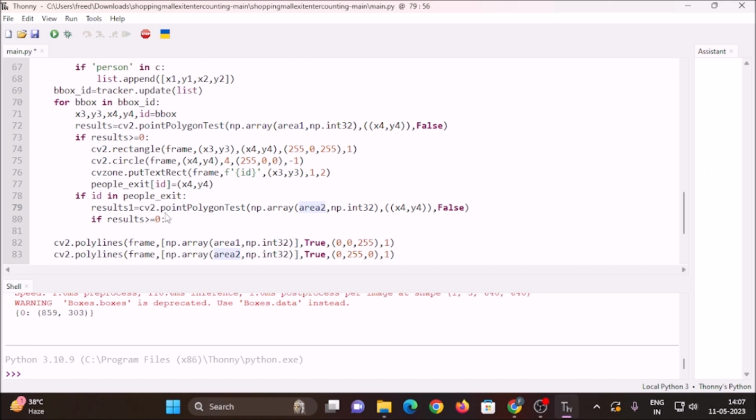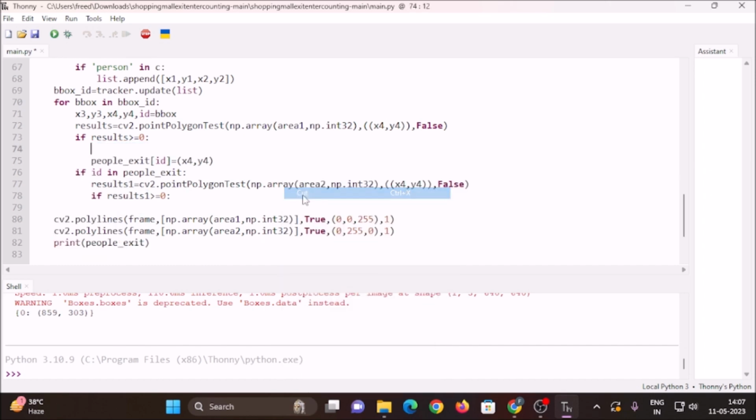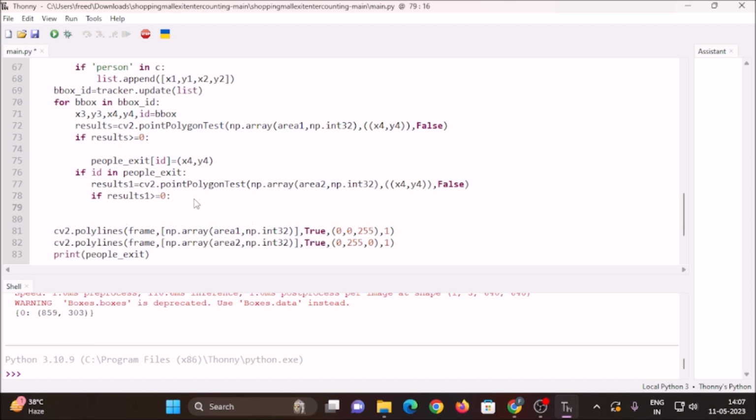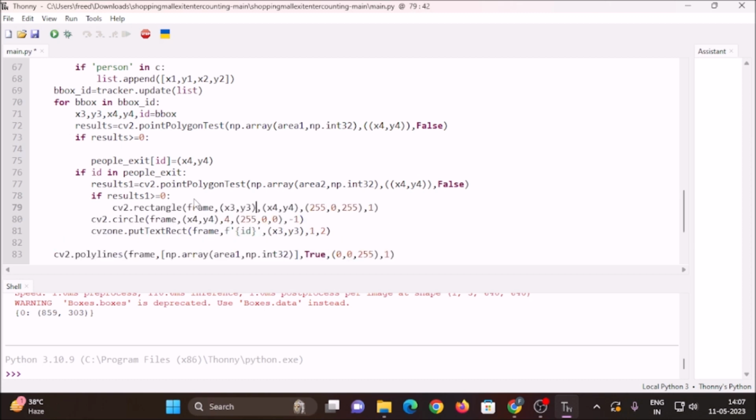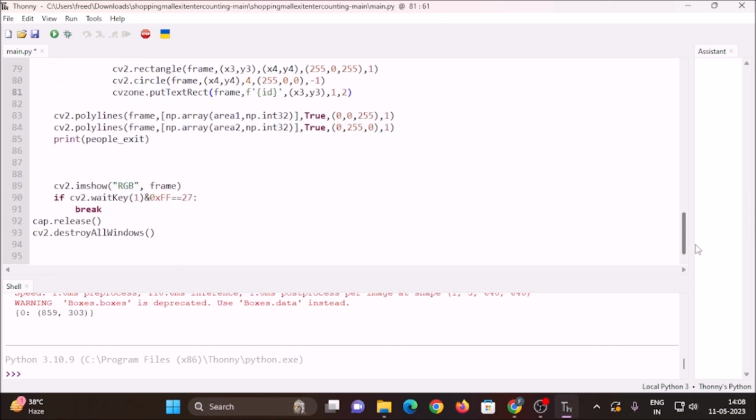So for that we need to create our area 2 condition result 1, and after that simply we can draw our rectangle, circles, and put text method, so just cut and paste, and then make it in line. Okay, so now we completed our condition. Now simply we can create our counter. So after that, as you can see, I have mentioned here counter 2 for exit. So counter